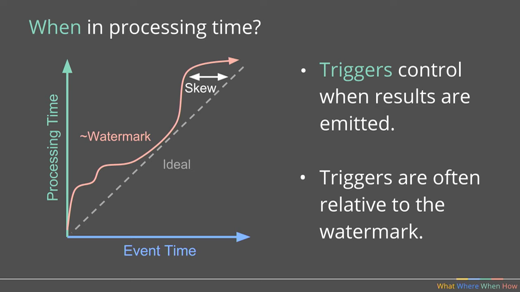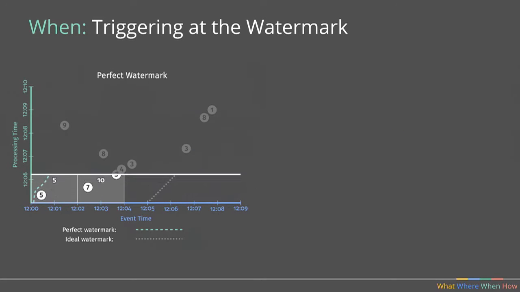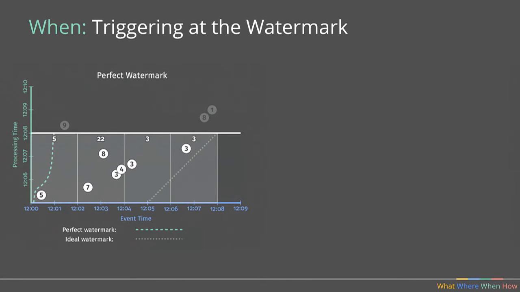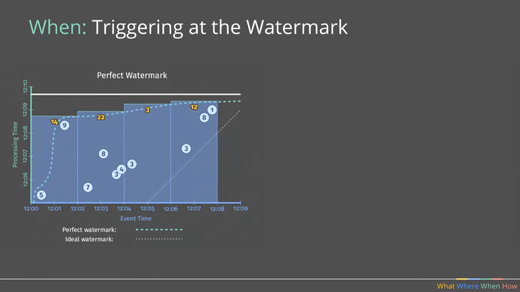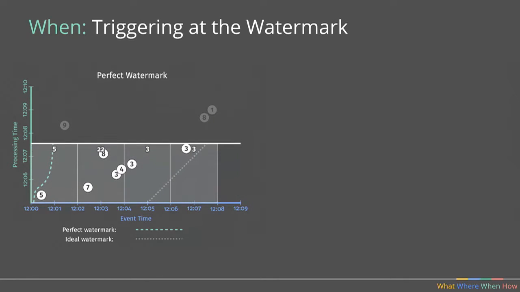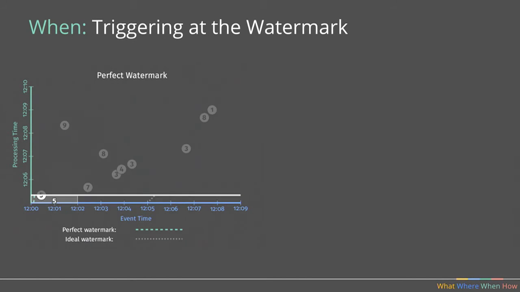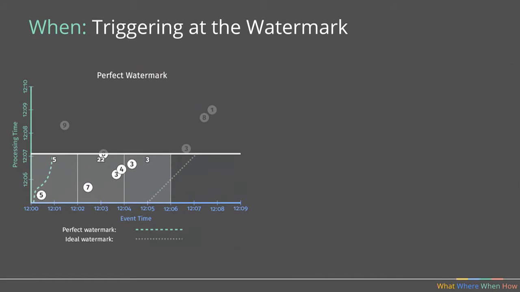So you can say, emit the result when you think you have all the data, for example. This is how you do it. In fact, this is the default, so you don't have to do it, but this is how you would do it. And this is what happens when you have a perfect watermark. Your watermark advances only once you see all the data. So here, you can see the watermark was waiting until it caught up with 9. That meant that all of these other windows didn't produce the result until we passed this one, right? So this is the perfect watermark.